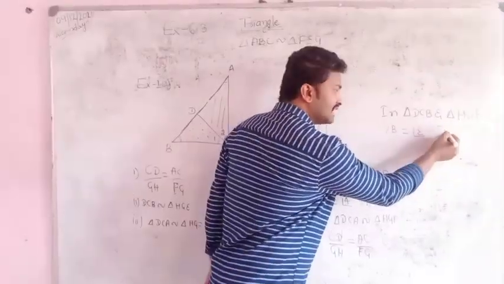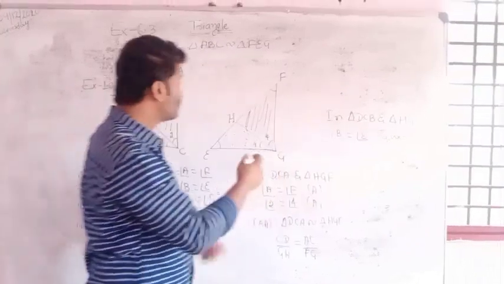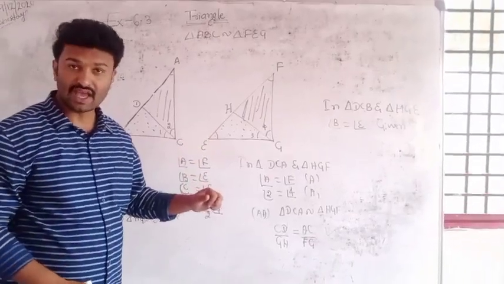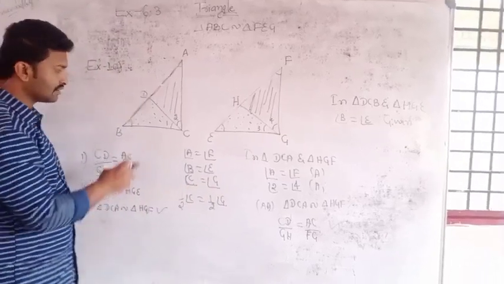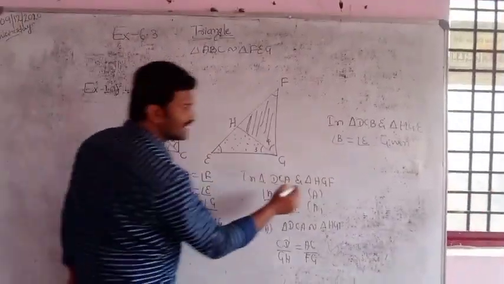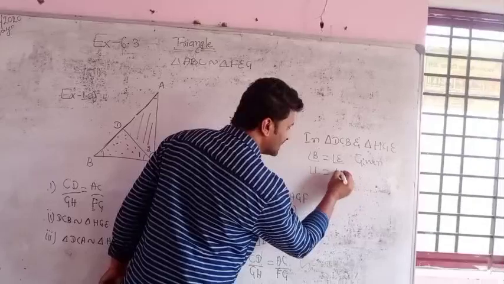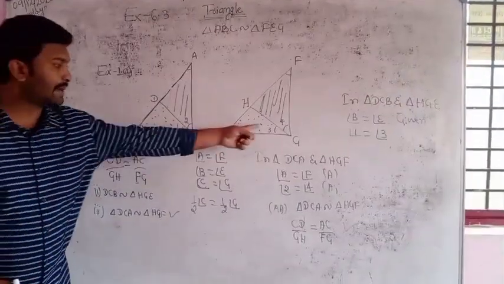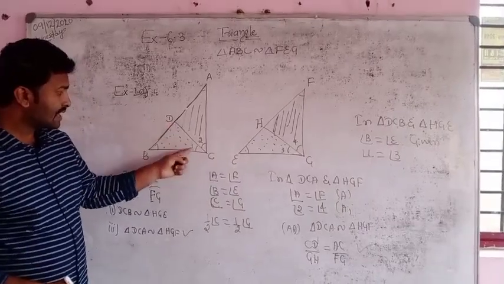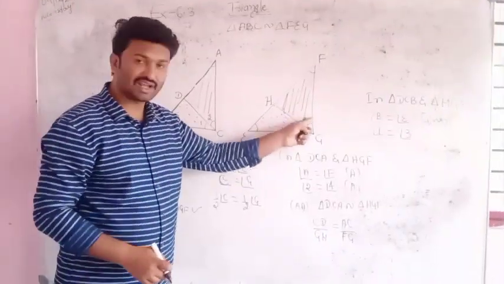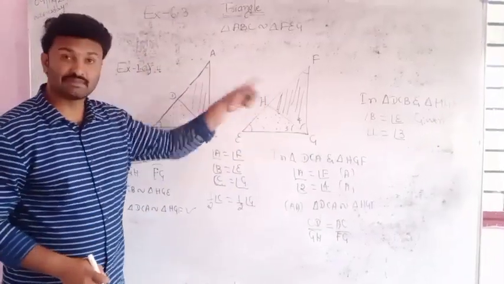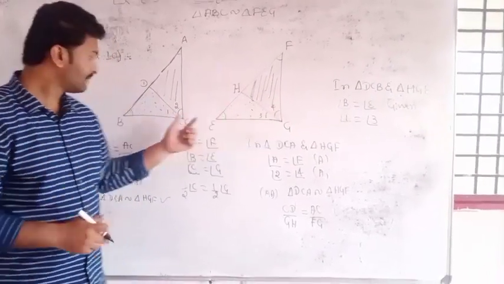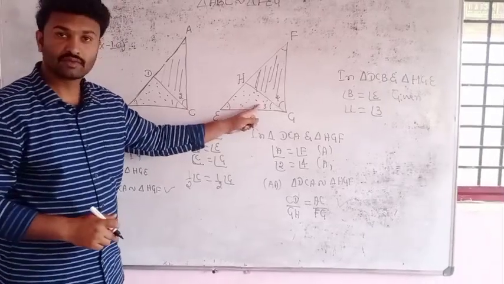This is there in the given statement only. Both the triangles are similar, so angle B equals angle E. And one more: angle 1 equals angle 3 we can also write. By the bisector, we got this statement: angle 1 equals angle 2, angle 3 equals angle 4. If both the triangles are similar, then their corresponding angles are also equal. Angle 1 equals angle 2. Okay?